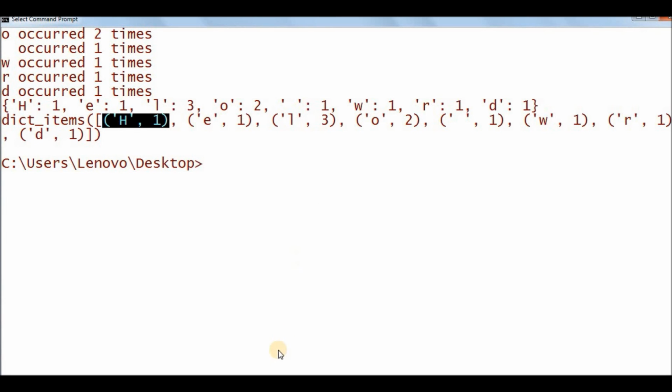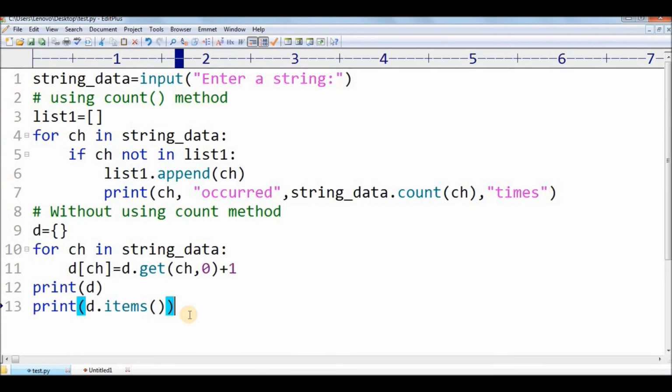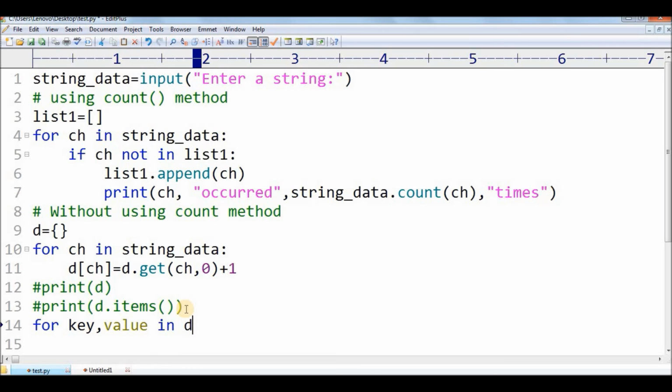I'm going to use it for formatting purposes. Let me traverse it like for key, value in d.items. The d.items will return a list of tuples, and that is why I'm taking key, value here, because I'm going to traverse each and every tuple.